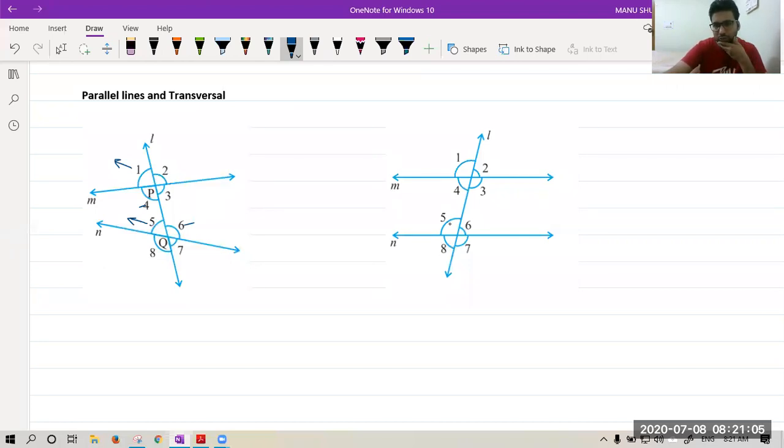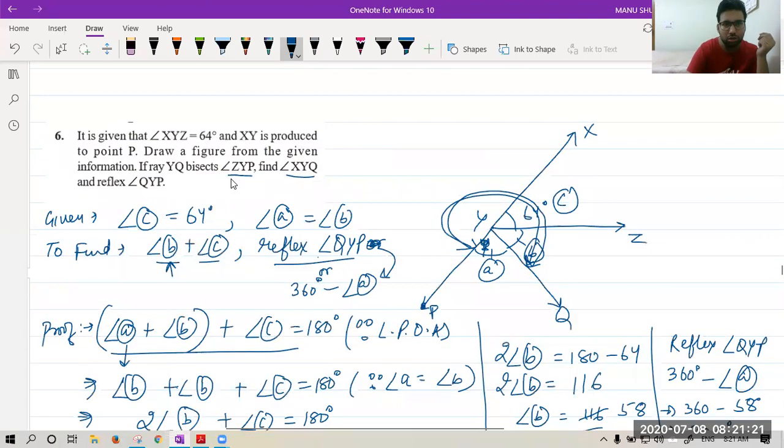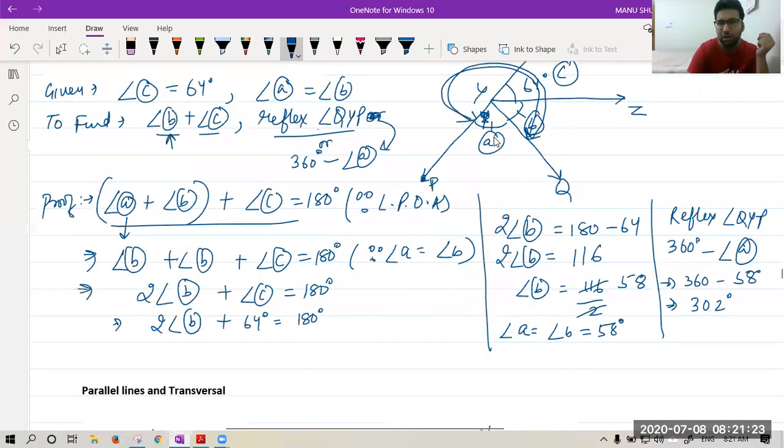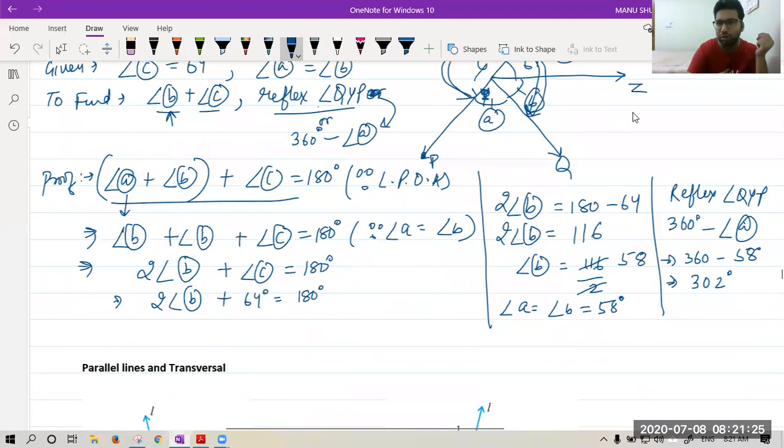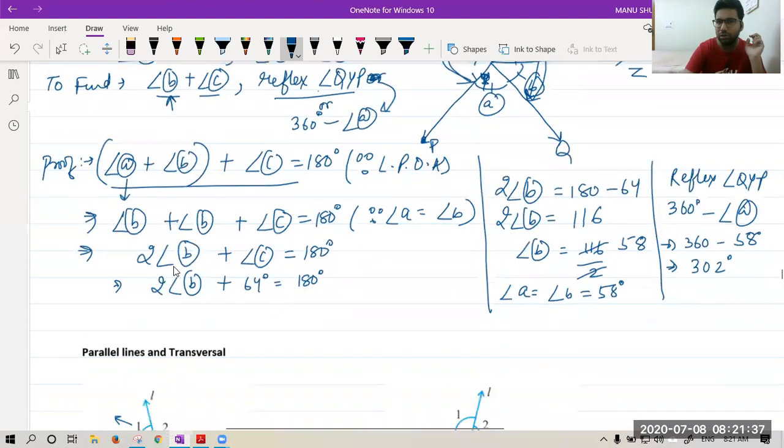Moksha says no, Rudra no, Bhavya, Piyush no, Tavish, Utkarsh no. Why can't we say they are equal? Drishti is saying in the question XYQ was asked. One second, beta. We have already found XYQ. Okay, I forgot. XYQ is B plus C. Drishti is correct. We have found the value of B. Just add B and C, and it will be done. Okay.